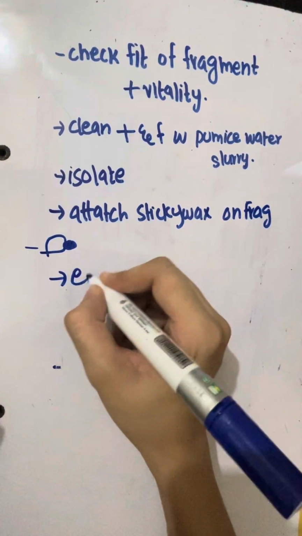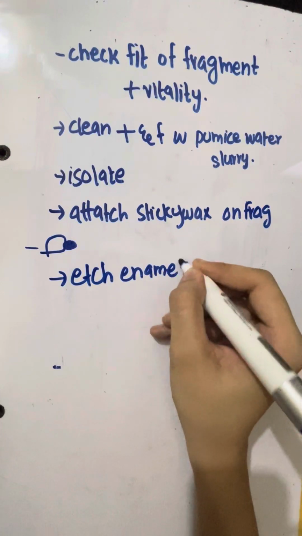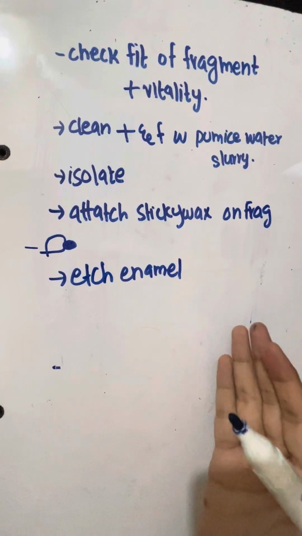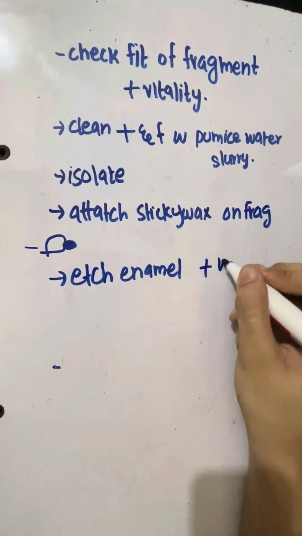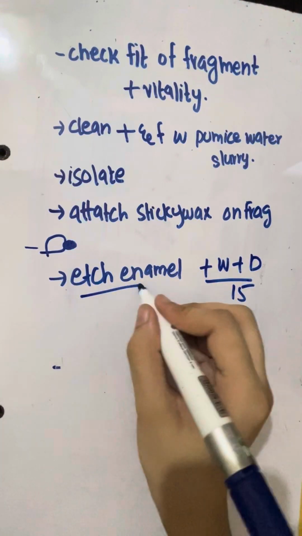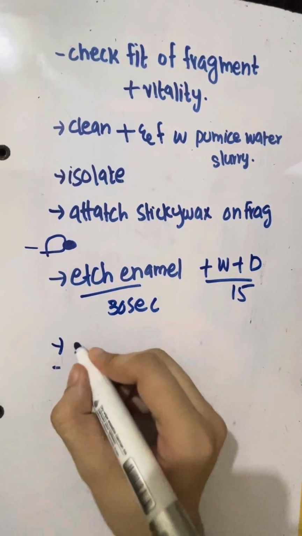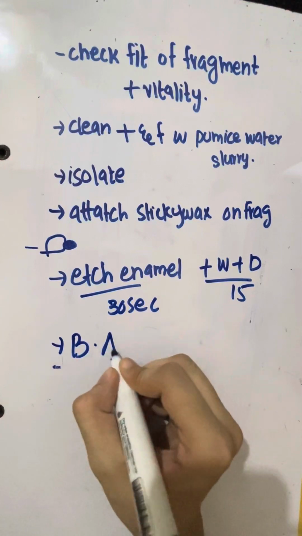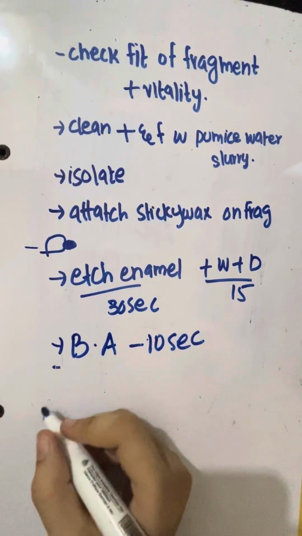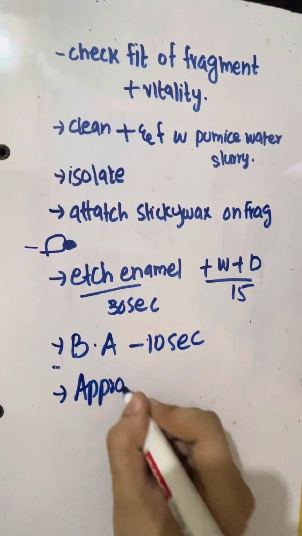Then we will etch enamel. As we know, we etch enamel for 30 seconds. Then we will wash it and dry it for 15 seconds. Then we will apply bonding agent for 10 seconds. And we will place appropriate shade of composite